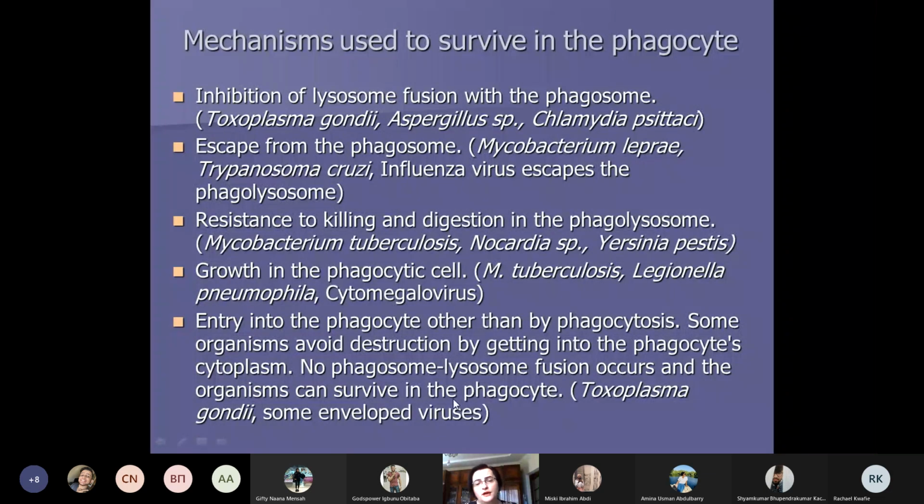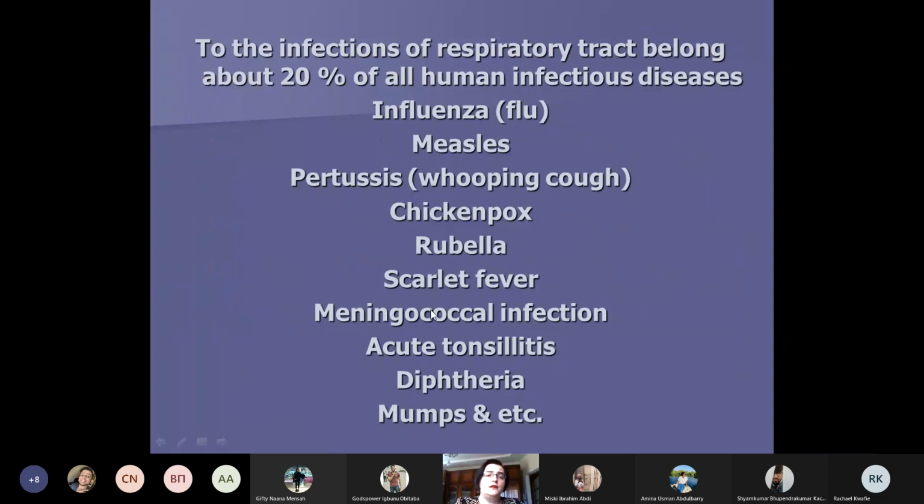Non-phagosome-lysosome fusion occurs and the organism can survive in the phagocyte. This is characteristic of Toxoplasma gondii and some analogous heterodyne viruses. And now we will speak more exactly about